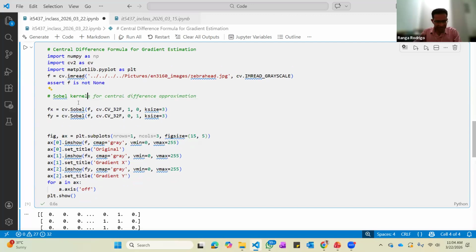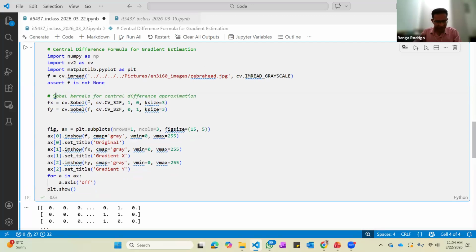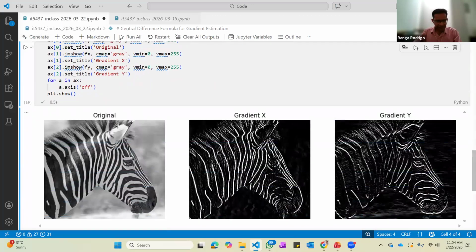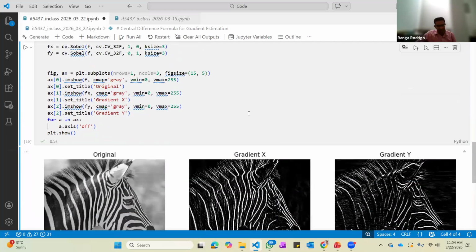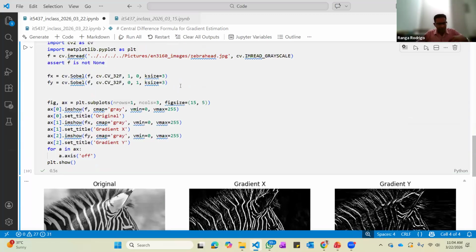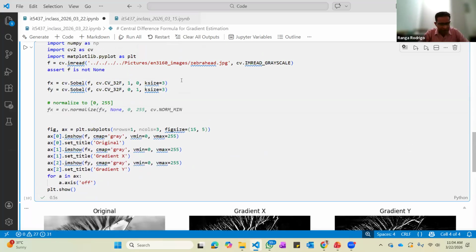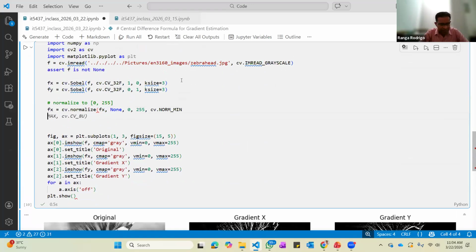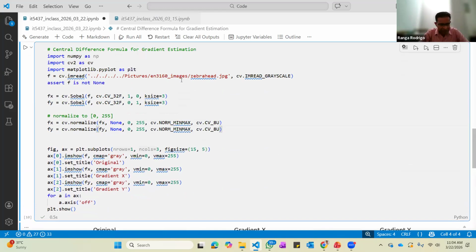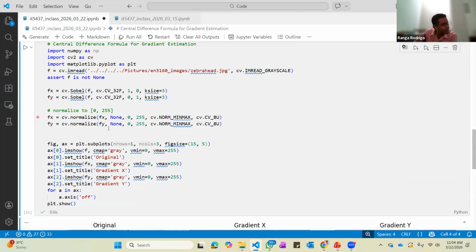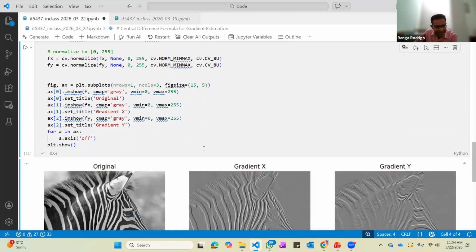So now let's see whether this is correct, because our interpretation of vertical axis and horizontal axis sometimes is different from this. So normalization, I forgot. Now it's okay. So the filtering has been done and the normalizing, it's good, right? So this is Fx and Fy. So one thing is,